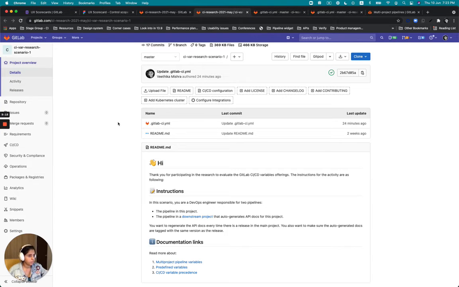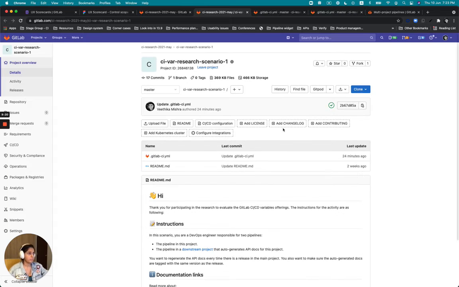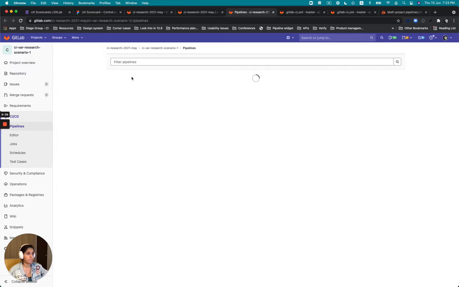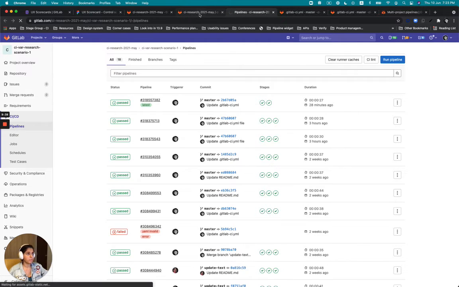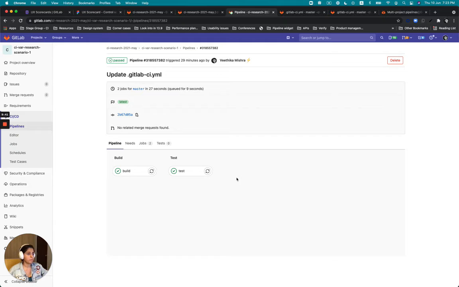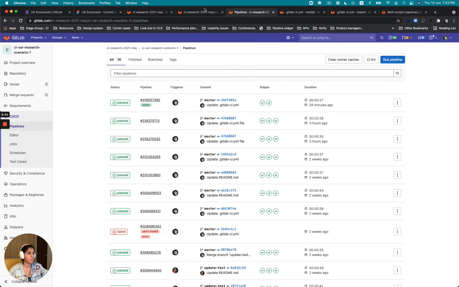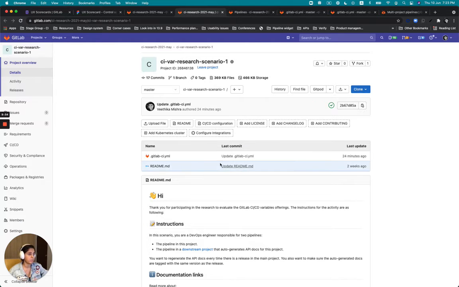Another thing, when users finally ran the pipeline, there was an indication here that the pipeline for this project was running, and then that it was a success. But unless they go to the pipeline through here and in fact enter the pipeline graph, there was no clear indication of whether the downstream pipeline was initiated at all. So, I mean, if we can have some indication on the overview page as well as the pipeline index page that,